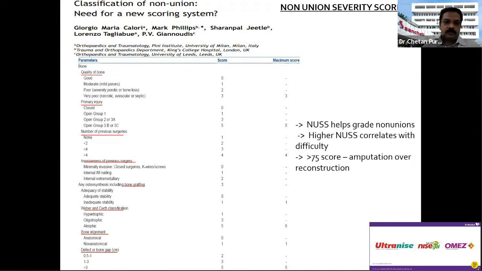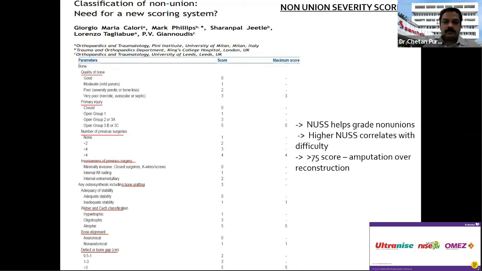And to mention them briefly, one is the bone quality, which may be good, moderate, poor, or avascular or osteoporotic. Then the second factor is the primary injury, if it was a closed fracture or if it was a grade 1, 2, 3 Gustilo-Anderson compound fracture. The number of previous surgeries also has a role in deciding the outcomes during treating infected non-unions. The invasiveness of any previous surgery, whether it was a minimally invasive or a sliding procedure, or it was an intramedullary nailing or a surface fixation. Then any bone grafting which has been done earlier